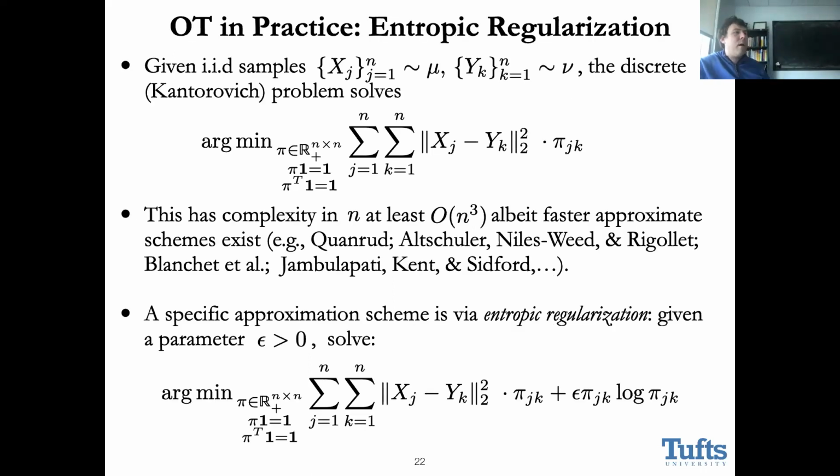I'll go through this very quickly. I want to show some examples of what we can do with this from a signal processing standpoint. How do people actually solve these optimal transport problems? If I give you samples, they would use the Kantorovich formulation. This is basically just a linear assignment problem. It can be done with cubic complexity, but the typical line is that that's not satisfactory. So there have been lots and lots of approximation schemes.